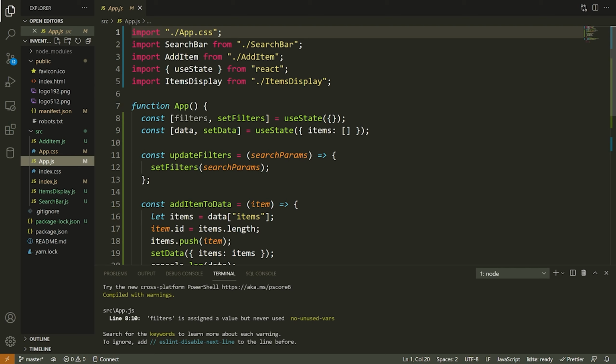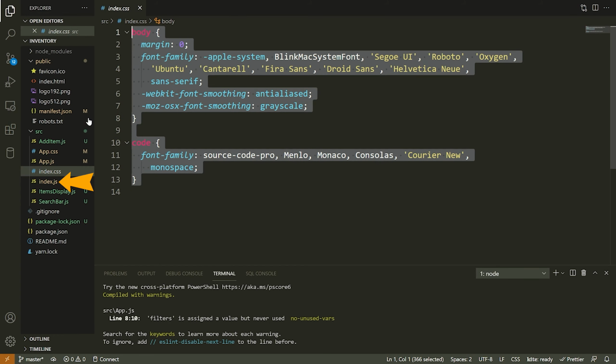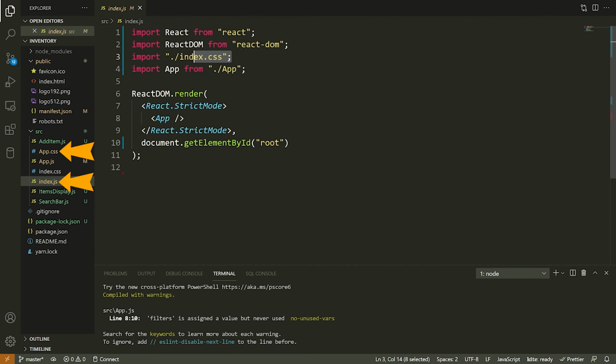Okay, so let's start by talking about global style sheets. What is a global style sheet? Well, right now, the way that we are styling our application is using a global style sheet. We have this index.css, and we have this app.css. Now, if you go to index.js, you can see that we've imported this style sheet right here. So as soon as you import a style sheet, this immediately becomes accessible to every single component inside of your application. So all of the code that you have, all of your React stuff can use any of the classes inside of a style sheet once it's been imported.